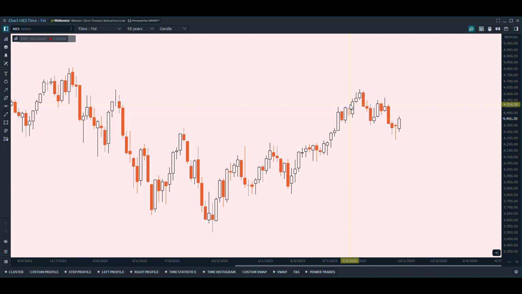So what I'm going to do is go over this chart right here. This is the micros on the weekly chart, and this is something that you can use on any time frame. But this is a really good example here on the weekly time frame in early October when I'm doing this video. If you're looking at this chart without anything on it, you'd probably be wondering, why did price bounce here? And the reason is confluence of different market participants all seeing the same thing, and that is essentially a